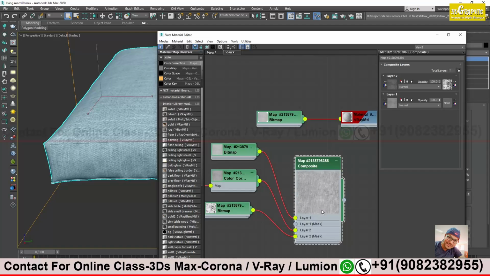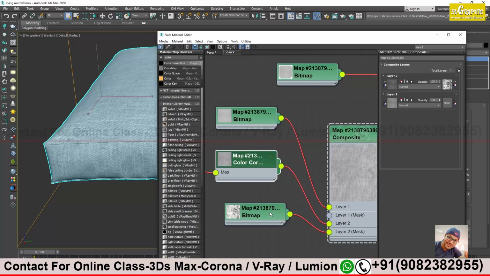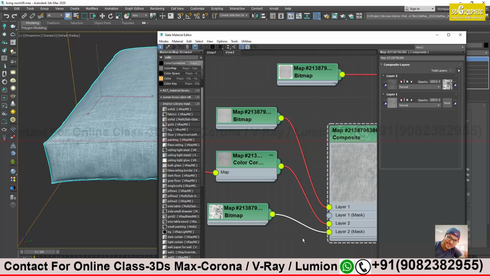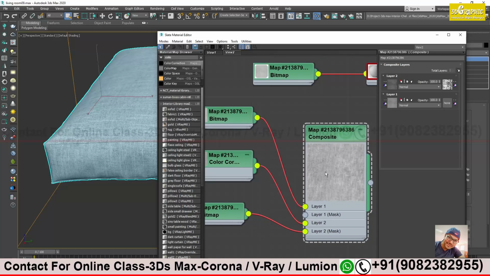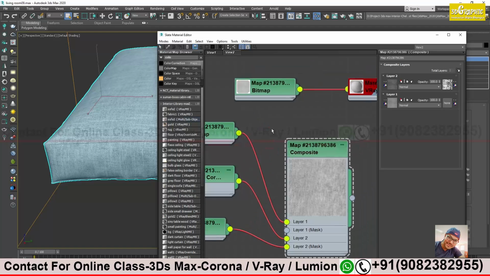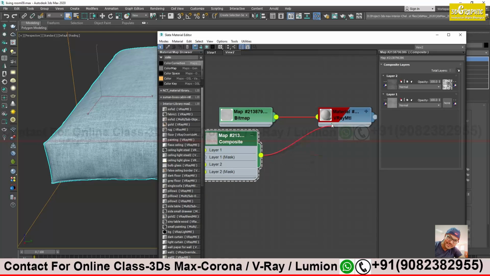Alright, now it's not giving me any effect over here. Some very little effect is coming. Yes. Let's just apply and see. If not, then we'll try to change it. Okay. Now I will just apply this on my diffuse.